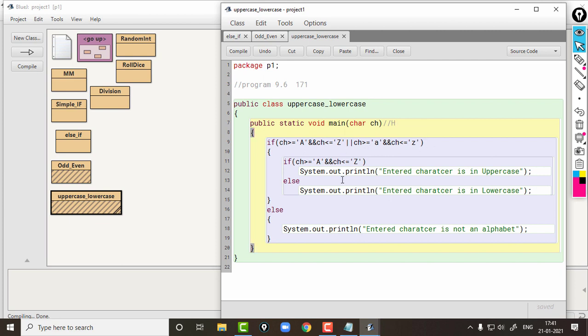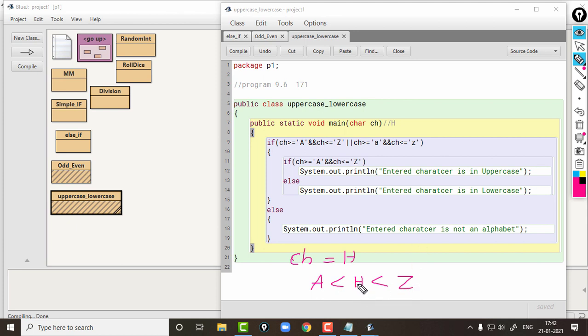So ch has the value capital H. So students, capital H will be greater than A and less than Z, isn't it? Actually capital H is greater than capital A and less than capital Z.